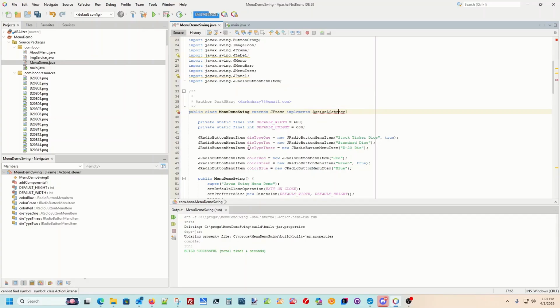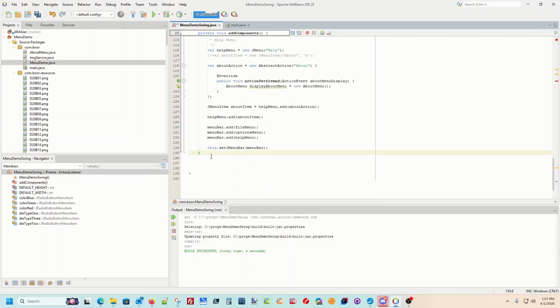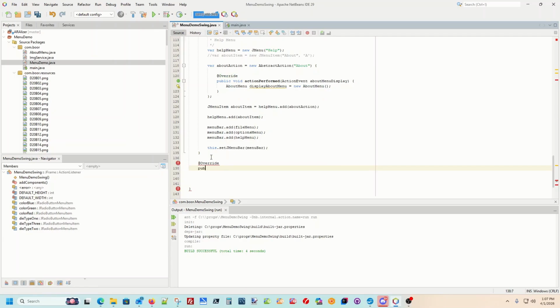Don't forget to add your import. Now we will add our override for actionPerformed. So it's @Override public void actionPerformed